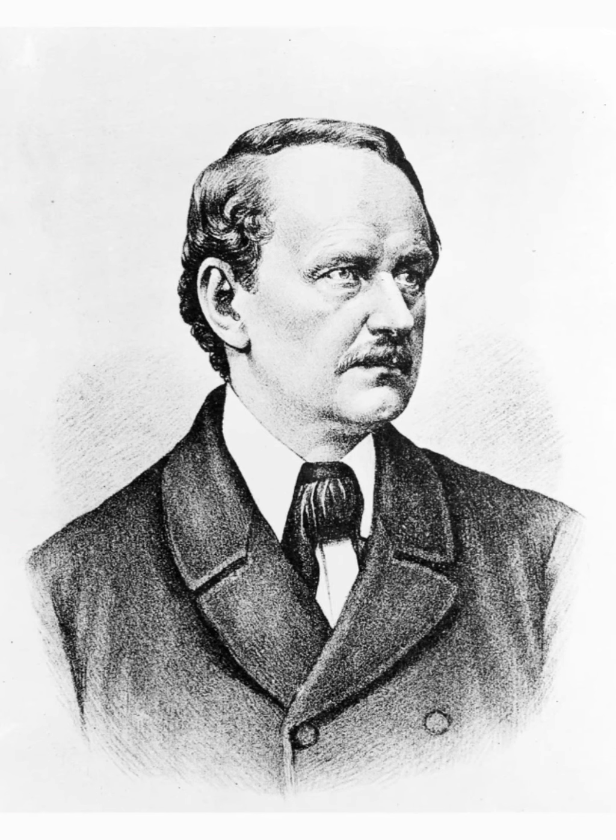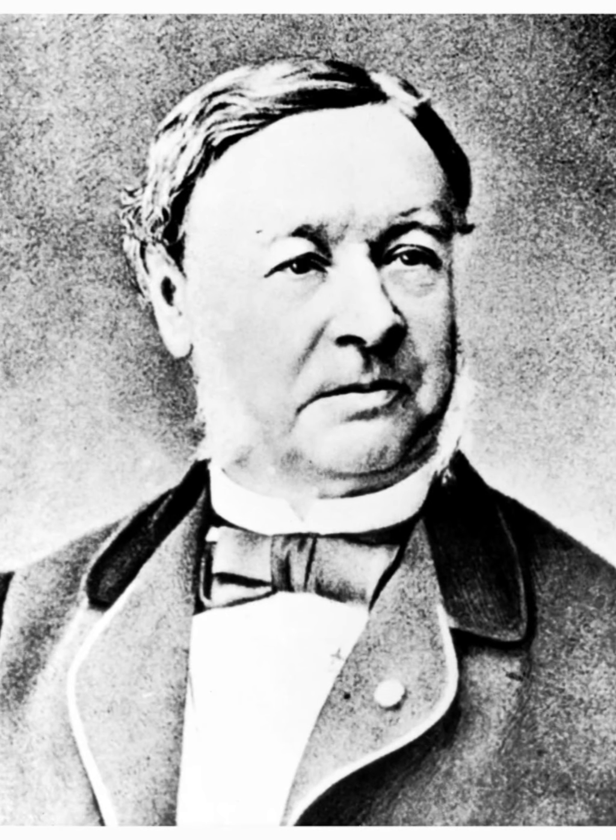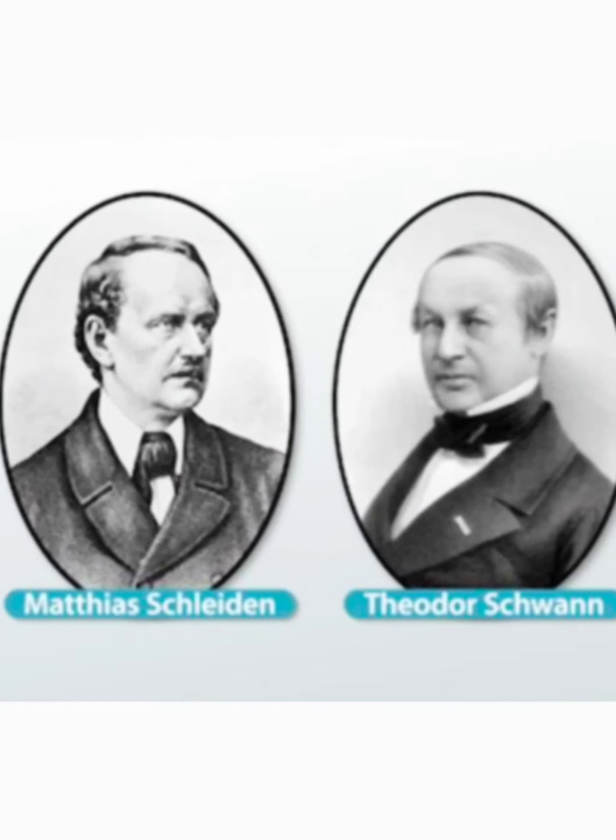The first scientist was Matthias Jacob Schleiden, who is a botanist. That means he studies plants. And the second scientist is Theodor Schwann. He is a zoologist. That means he studies animal cells. Both these scientists made meticulous observations and noted that all plants and animals are made up of cells, and they took a bold step of generalizing this in the form of a theory.